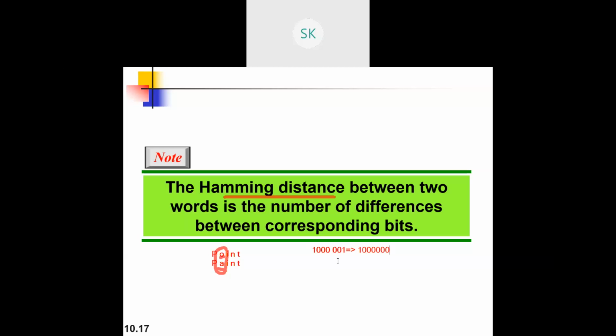So I'll change one particular bit. So instead of it, this is the code word. Now, just try to write each one of it. Data word is nothing but the actual data that you want to transmit. So you have the data as 1000.